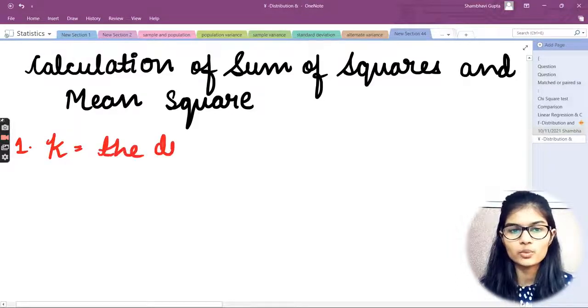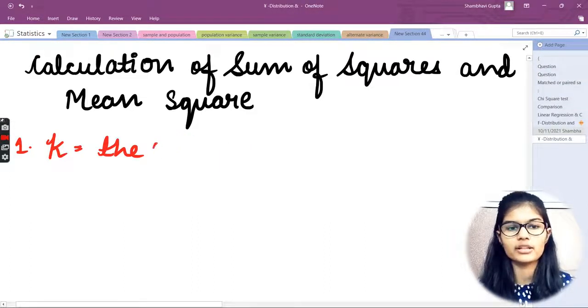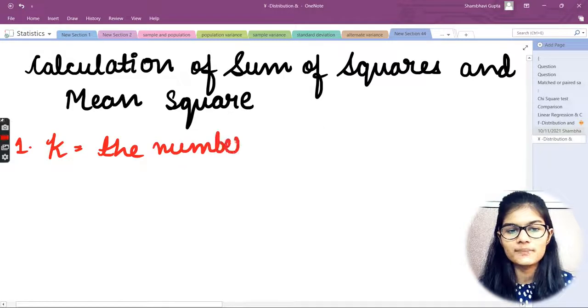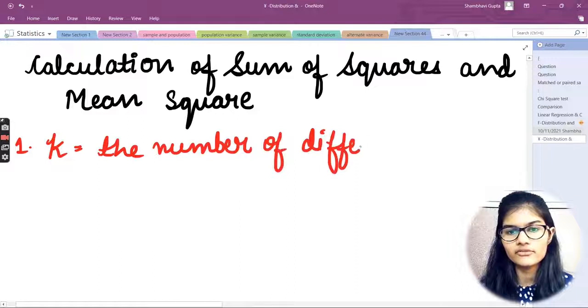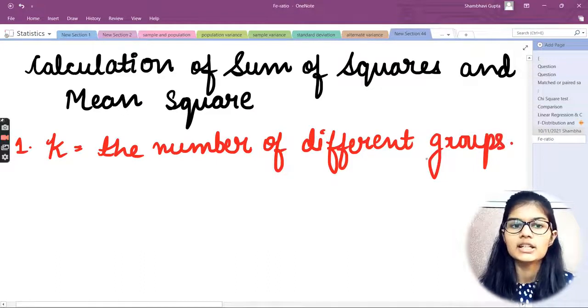It is the number of different groups. So this is the calculation of sum of squares and the mean square. So k is one of the terms that we have, and it is the number of different groups,